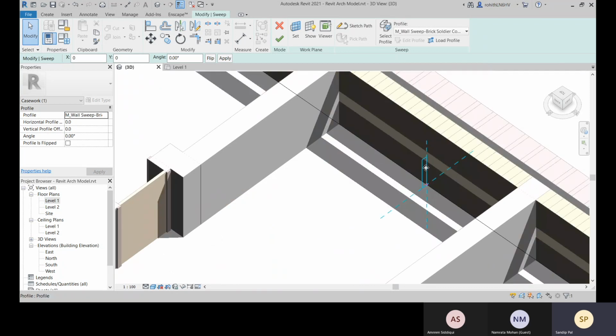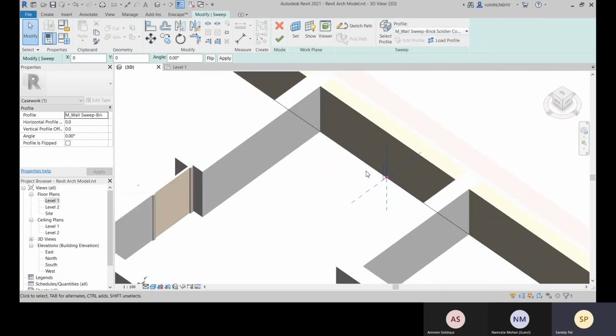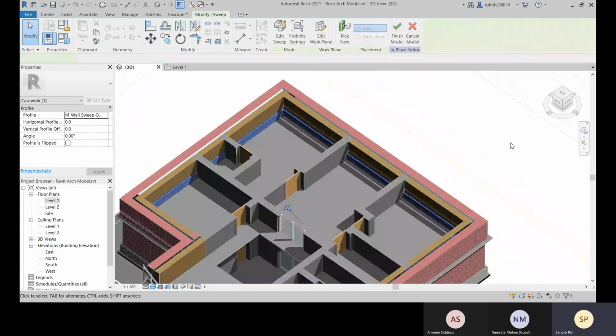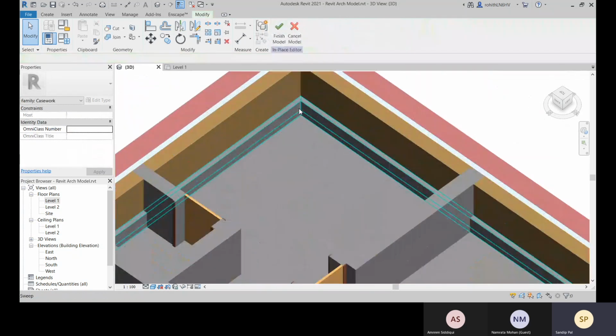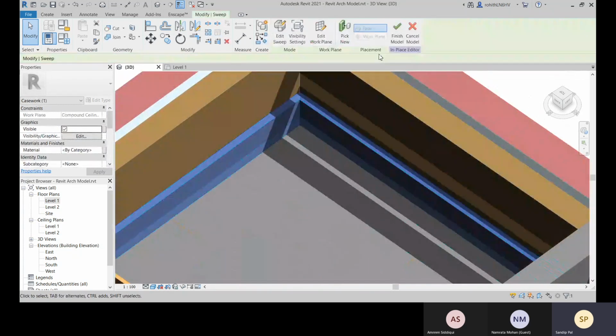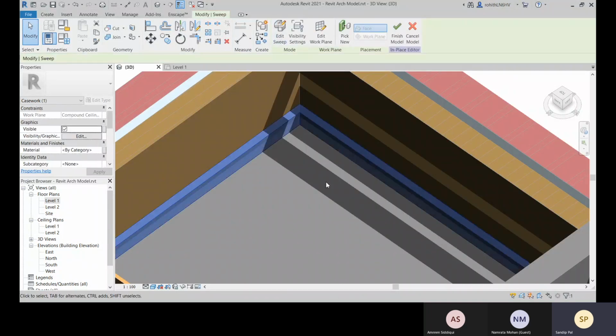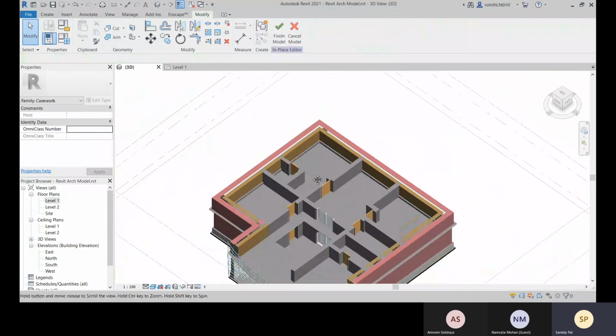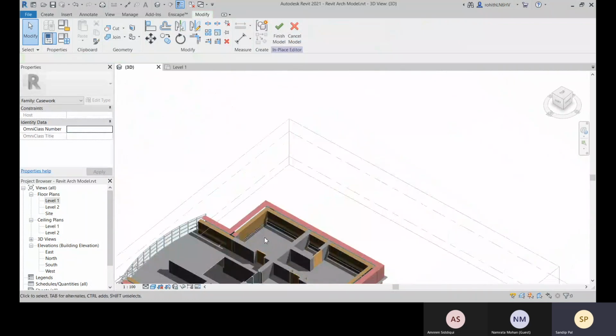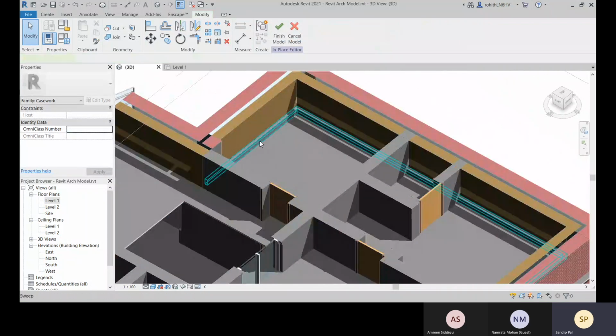Okay, if it is like this, you can choose the option and then finish it, and there you can see. Even after this you can change, go to select profile and then change the profile, and then you finish it. So this way also you can create and assign.